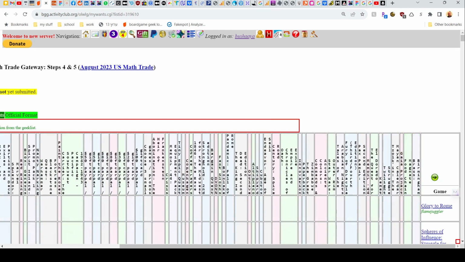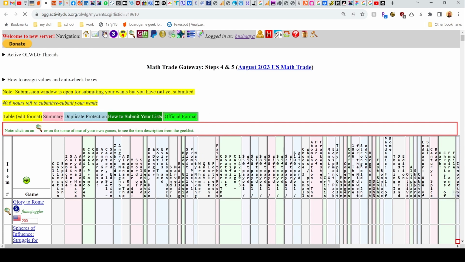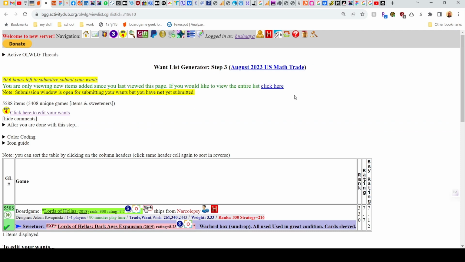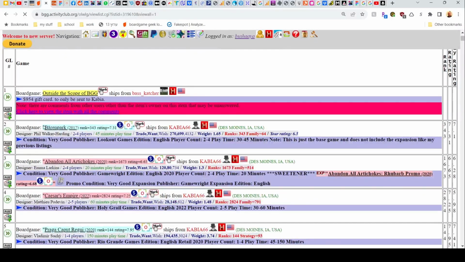And what this gives me is the option now to go to step 3, where people are offering games, to see all the games that are being offered. Sorry, my computer is a bit slow, so let's give it a second. All right, I'm going to view the entire list because I want to see what exactly is being offered. And now let's say I know that there are multiple copies of Baron Park that are being offered, and I want that, but I haven't added it yet. So I can click Add Now,